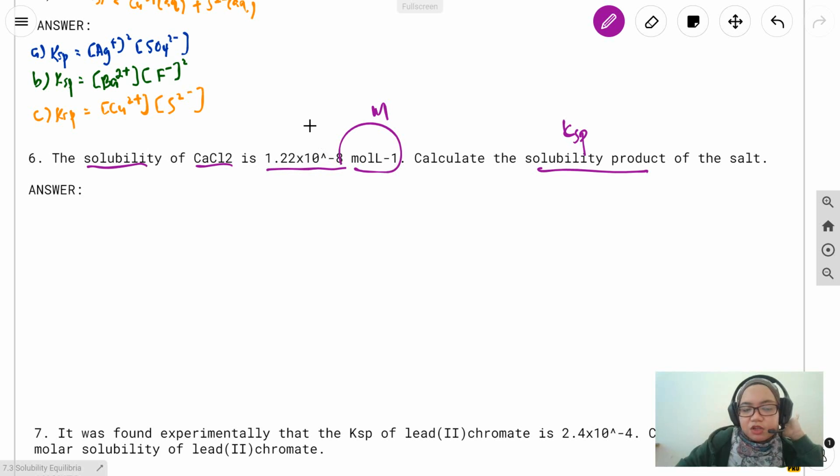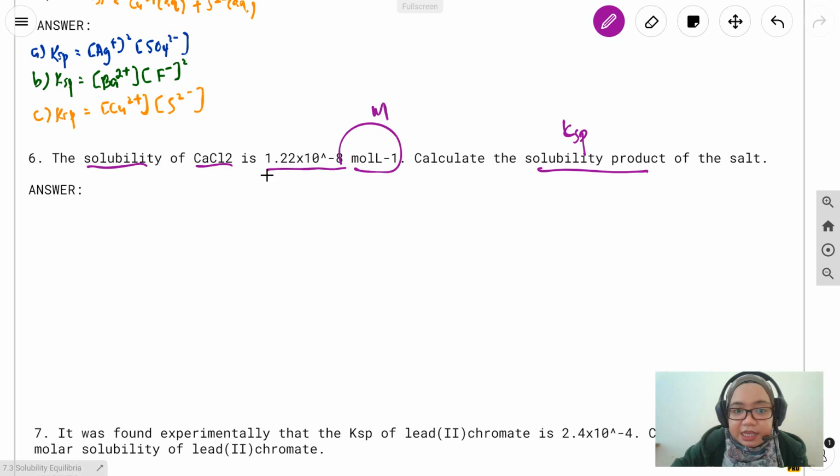Later, when you look at question number 9, it asks you to find the solubility, but you just need to find the molar solubility. That kind of question. Usually if it asks for gram per liter, then you really find the solubility in terms of gram per liter. Alright. So now it says the solubility